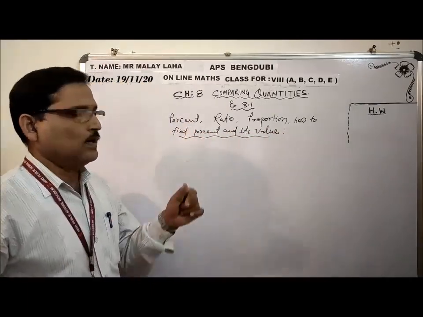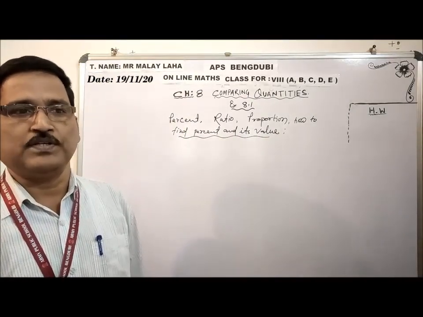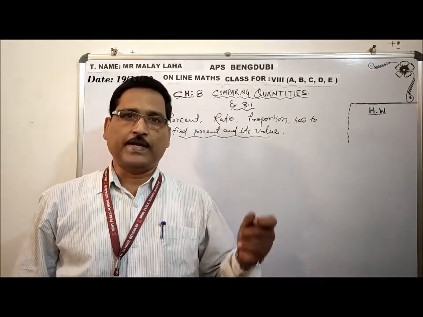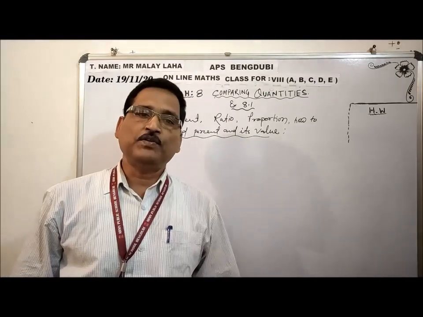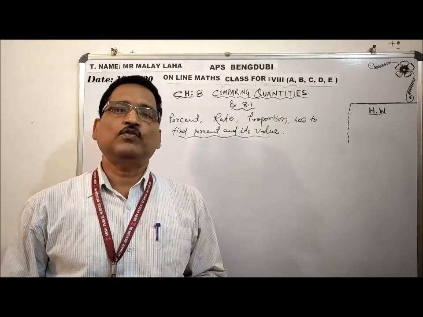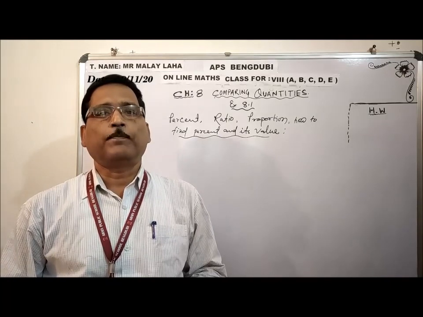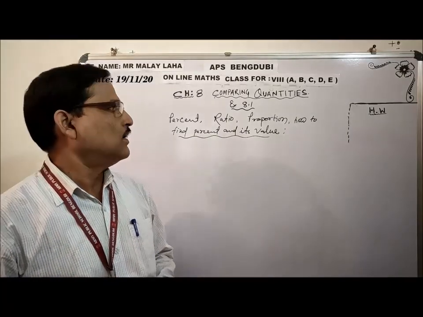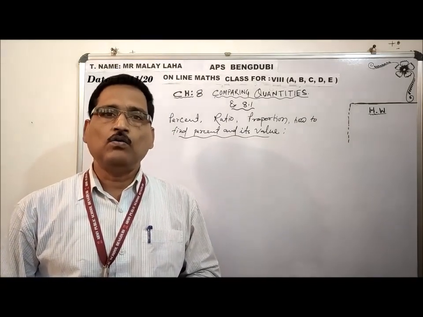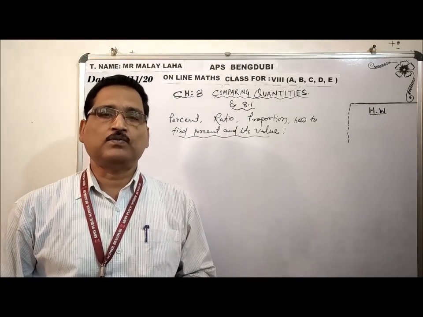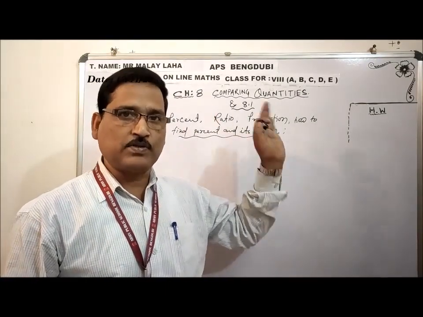Thereafter, in the next exercise, we need to know selling price, cost price, loss, profit, discount, and then tax, that is VAT. Okay, 8.2 and 8.3 is the interest. In class 7 you have come to know simple interest. Here you will come to know compound interest. And before studying compound interest, I will show you how simple interest helps us to find out the compound interest. Thereafter, I will start the exercise. Now, this is about 8.3, not now.